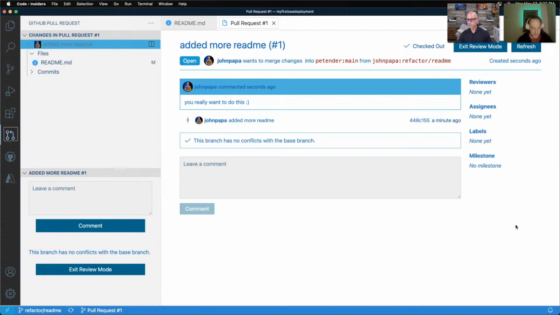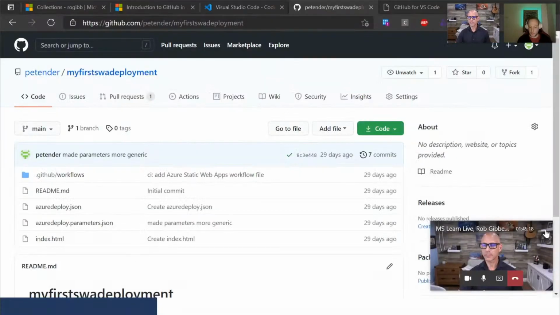Good. Let's see what's happening. And before I switch screens, I'm quickly going to check if my browser is still open. I was checking some feedback from the audience, but you worked on my first deployment, right? Yes. Okay, just going to refresh my browser. While it's refreshing, let me switch back to my screen. It was my first SWA deployment, I believe is the repo. Yep, that's the one. It's still open, way cool.